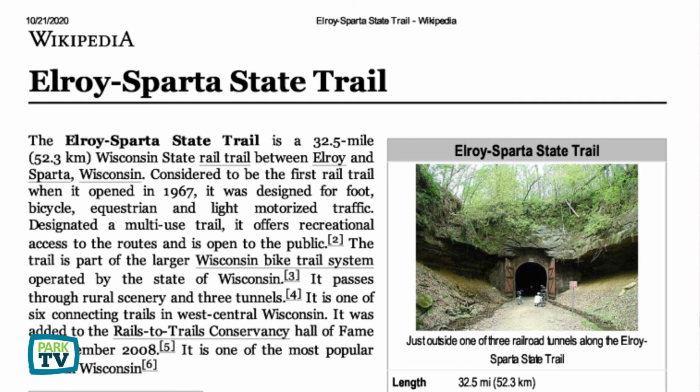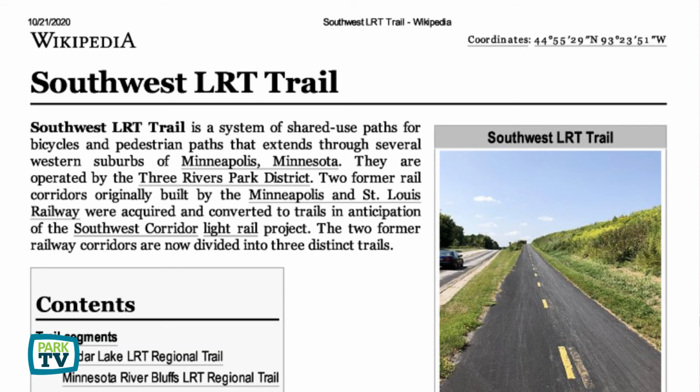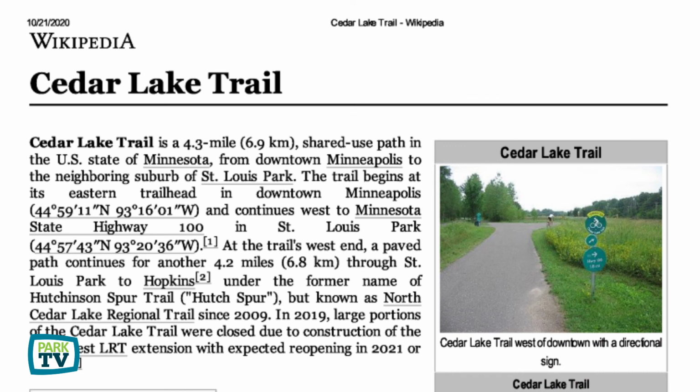And in 1965, the first conversion of old rail lines to recreational use, the Sparta-Elroy Trail in Wisconsin, started a movement that really hasn't stopped today. Hennepin County bought up the old Minneapolis and St. Louis railroad right-of-way, has converted it into the Cedar Lake recreational trail, and will